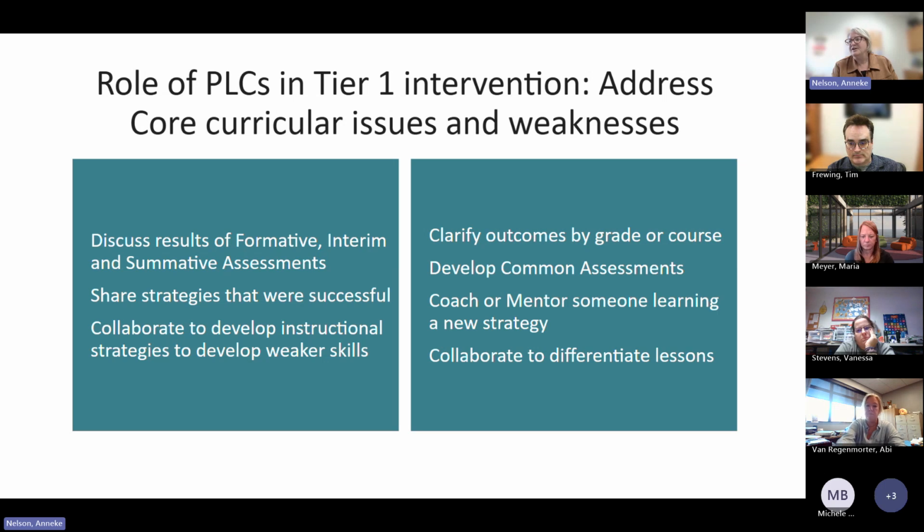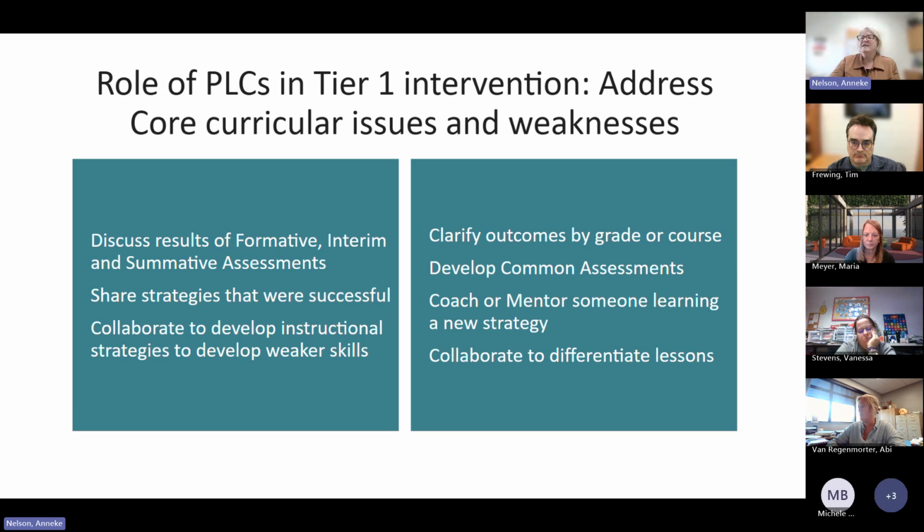Maybe there's a new staff member, or a staff member who's been around who needs to learn a new strategy. How do we mentor each other through that? And I think it's important too to clarify those outcomes by grades or even by classrooms so that we don't have a gap occurring in how we're addressing things within one grade and then it smoothly transitions